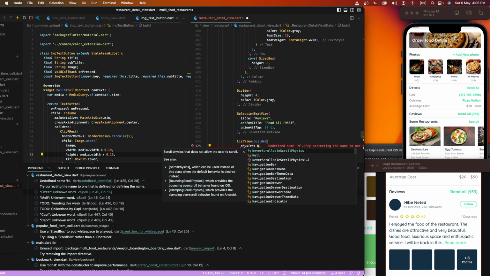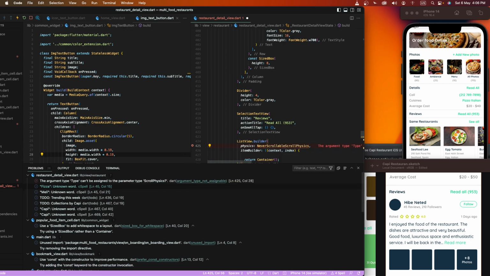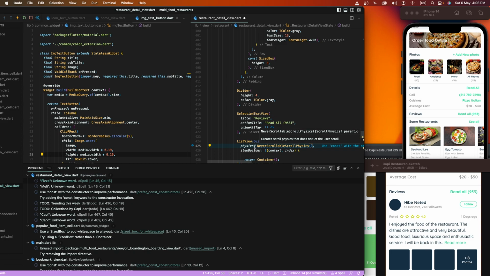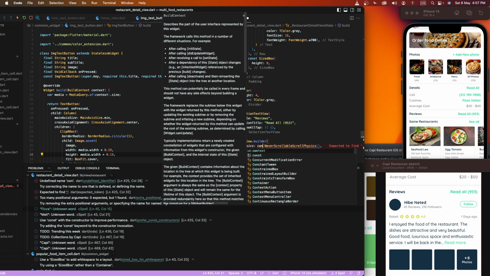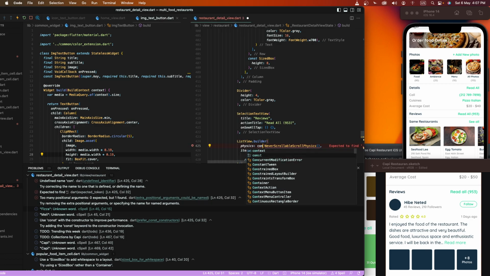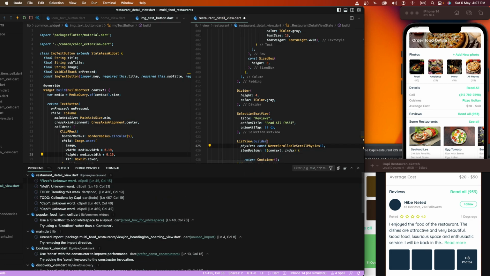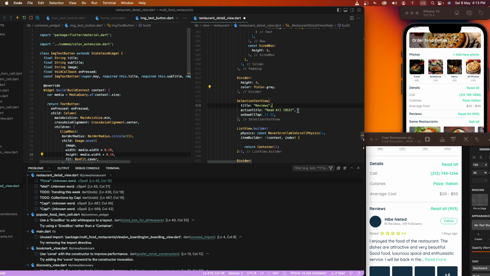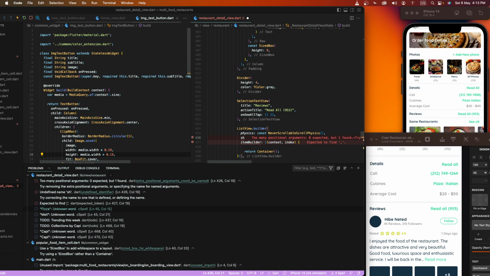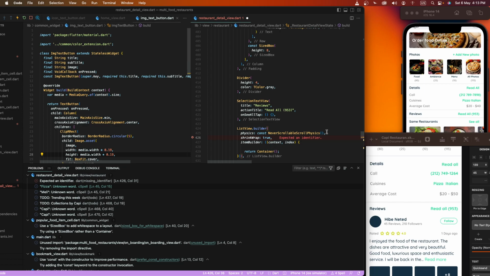Need to do here and now we need to create here, remove this and wrap, shrink wrap true. Okay, now we need to set this thing